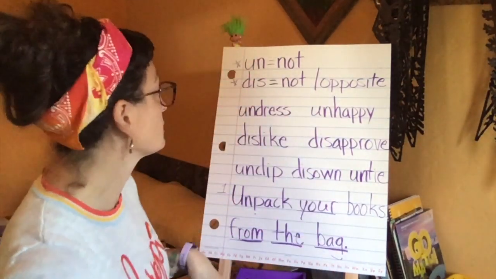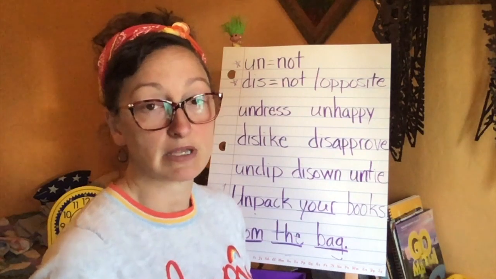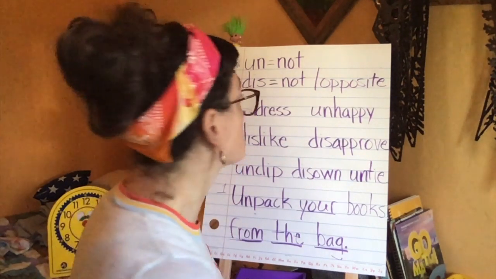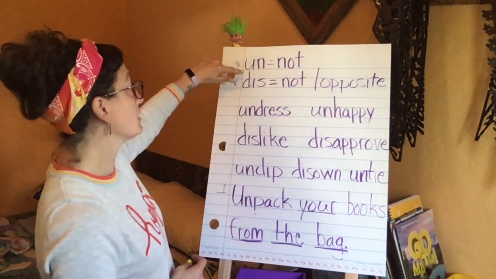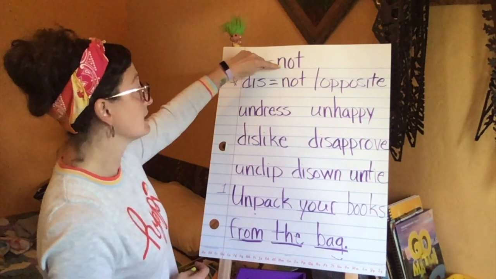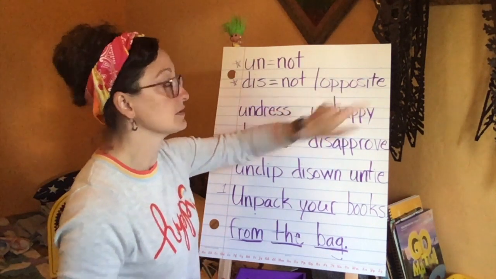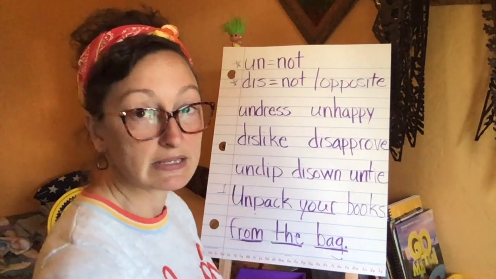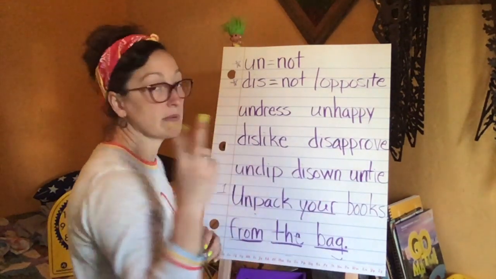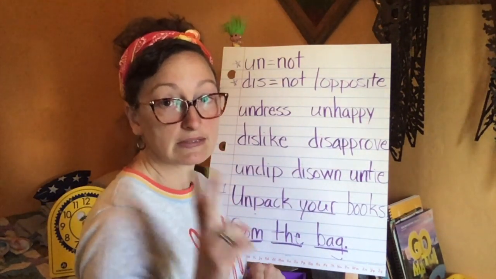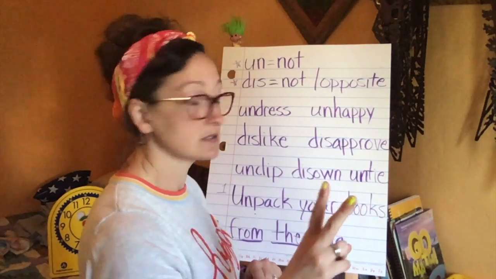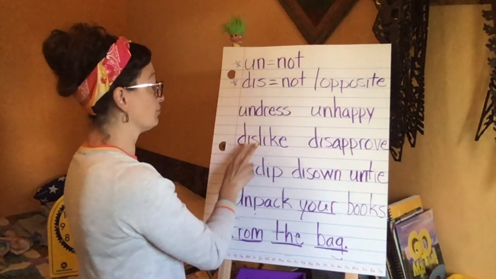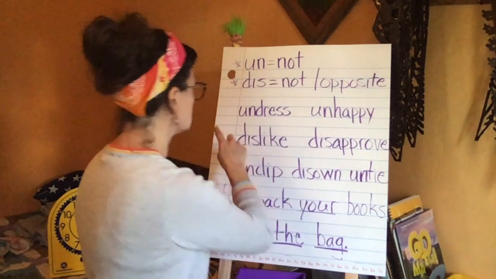So anyway, let's get right back into school view. Talk about prefixes, okay? So remember, a prefix is something that comes at the beginning of a base word. So our prefixes we talked about are un and dis. They mean not, and sometimes they are the opposite of what the base word is, okay? So remember, when we blend with our prefixes, I'm going to use both my fingers to go right underneath the whole prefix, okay? So our first word, ready?